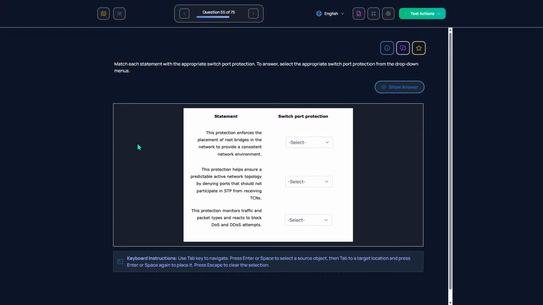Match the statement with the appropriate switch port protection. This protection enforces the placement of root bridges in the network to provide a constant network environment. I believe that's going to be a root guard. This protection helps ensure a predictable active network topology by denying ports that should not participate in STP from receiving TCNs.